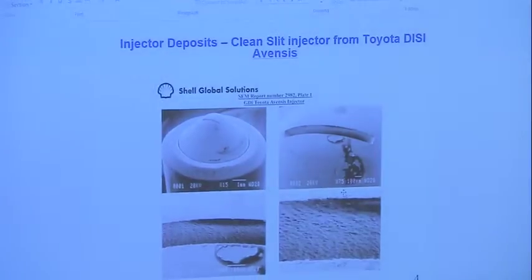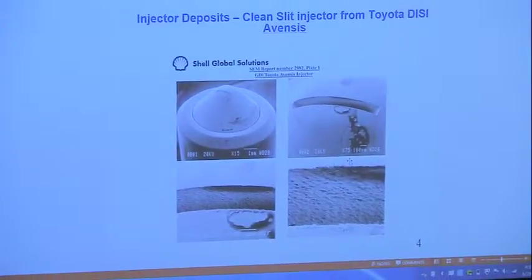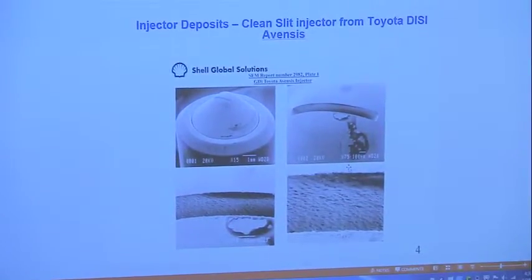Some examples: this is a clean, new injector, which was run a long time ago in a Toyota direct injection engine, the Toyota Avensis, when they first introduced this in the European market, about 15 years ago. This is how the injector looks, and this is the micrograph looking inside this slit. And this is the clean